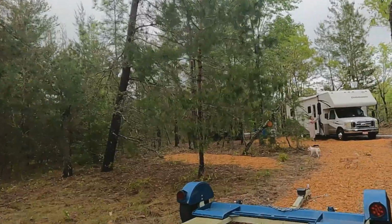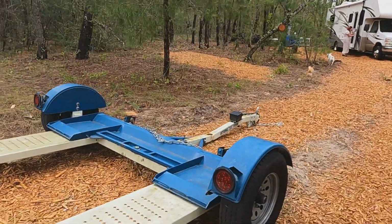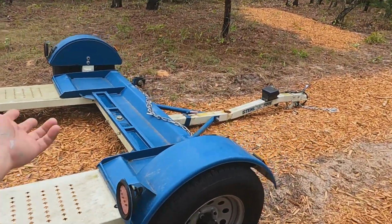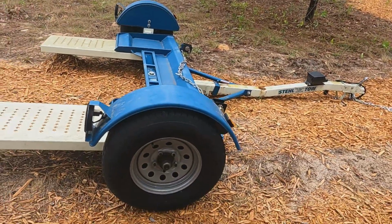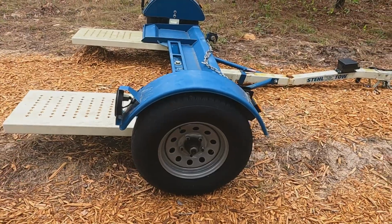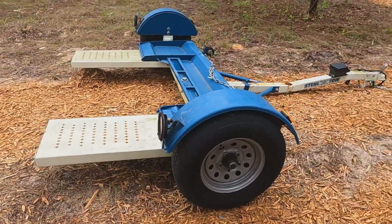Kind of put the cart before the horse a little bit, but I got a really good deal on it on Amazon, on Facebook Marketplace, so I didn't want to pass it up and miss the opportunity. Down the line, I'd have to pay more for the same thing. So, without further ado, say hello to our 2020 steel tow dolly. This is a single axle, 3,500 pound axle, sealed hubs, easy lube hubs, tow dolly that we are going to